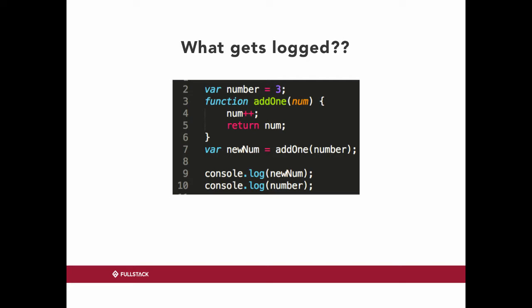Okay, so in this case we have var number equals 3. And then we have an add1 function that takes a number, adds 1 to it, and returns that number. And we have a new variable, new num, set equal to the return value of add1 with number passed in. What do we expect new num to be? What do we expect number to be? So it's going to be 3. And this is because